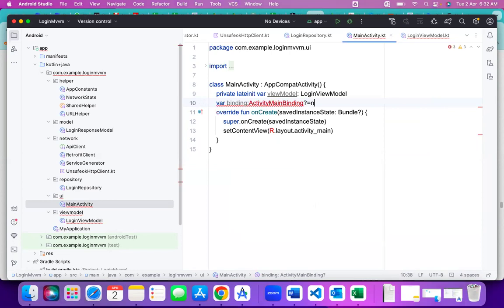Activity main binding equal to null initially, right? So here binding equal to DataBindingUtil dot set content view. This is our regular activity only. So that is data binding util dot set content view. Here we will write. So this we have to import here. So here we will write that binding dot